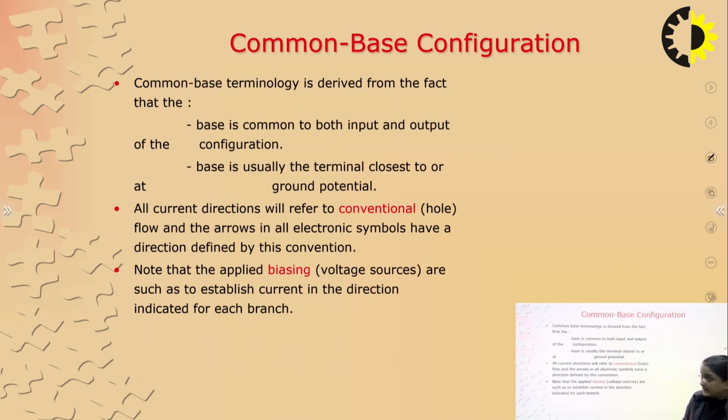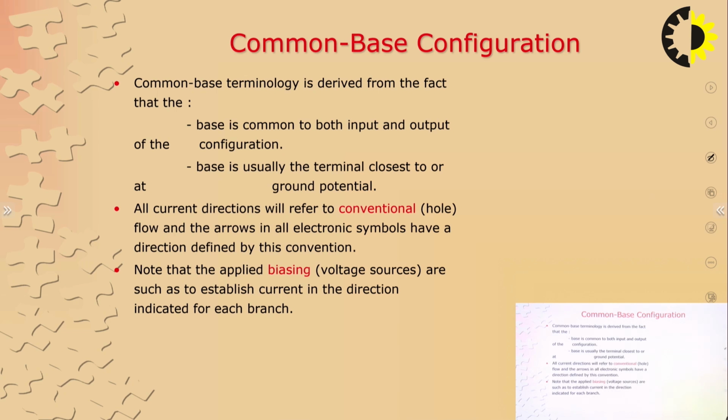Now next, these are the configurations of BJT, in which we are discussing the basic configurations, of which the first one is the common base configuration. Basically in this category we discuss the three configurations. The first one is the common base, the second one is the common emitter, the third one is the common collector. So common base configuration is